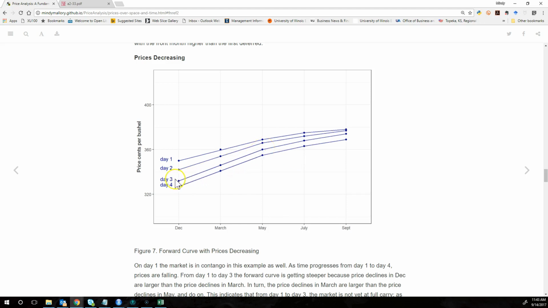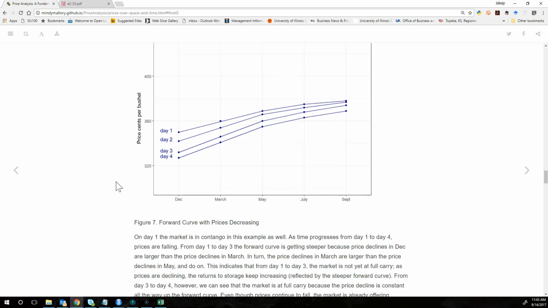So I've illustrated that on the change from day 3 to day 4, and the price changes in the December contract, March, May, July, and September are all equal. It's a parallel shift down in those two lines, illustrating that the market has achieved full carry and needn't provide any more return to store as prices continue to